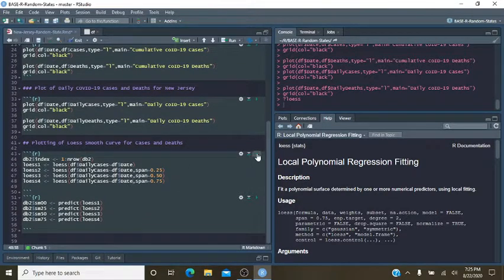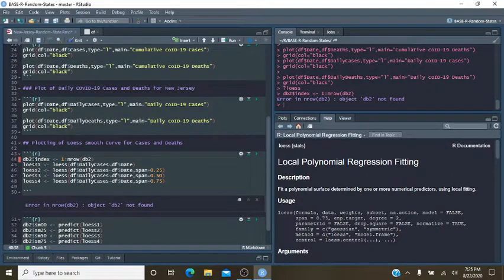So does this work? No, it doesn't. So it is indexed.